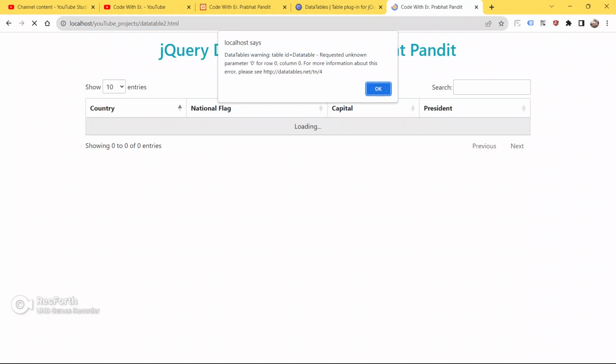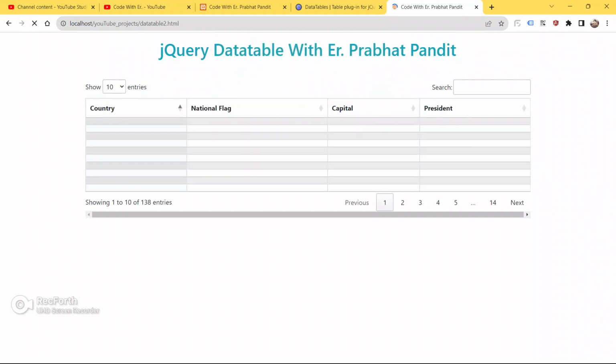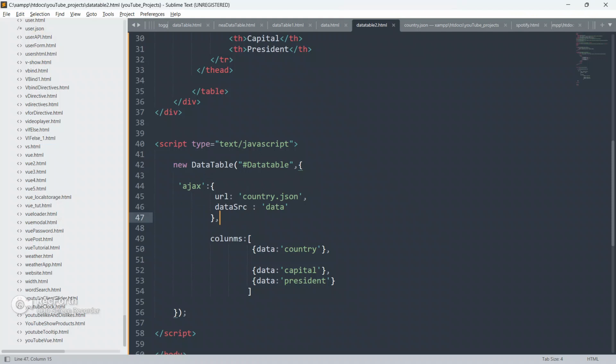Now save your code, go to the browser and refresh your page. As of now we are getting an error, so we have to resolve this error. Now I'm going to copy this data from here and paste it here.